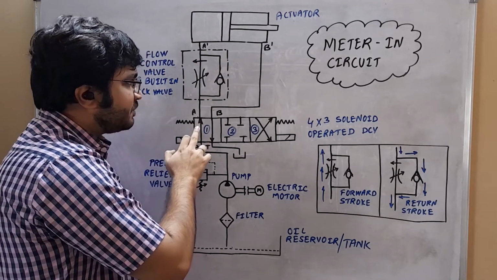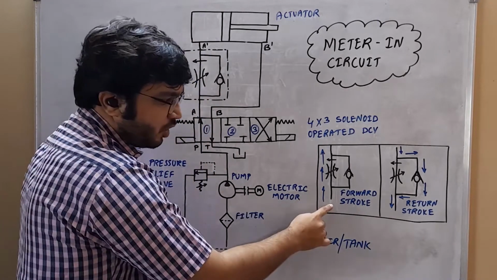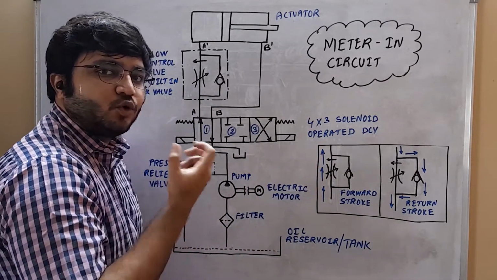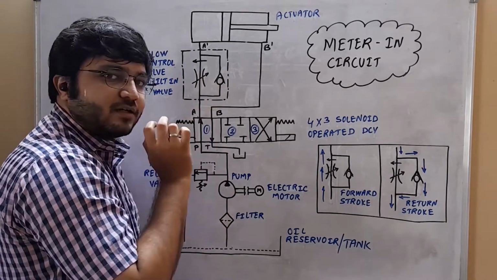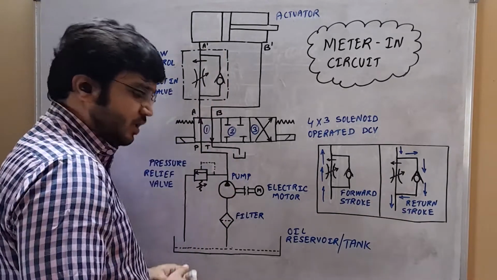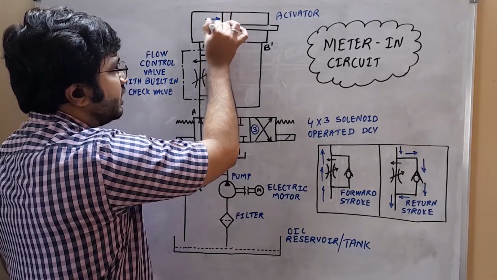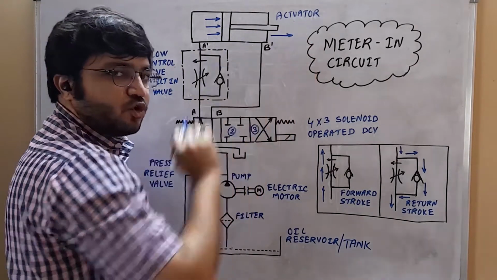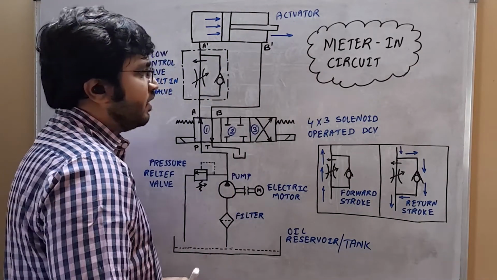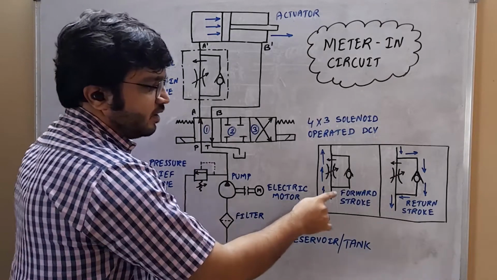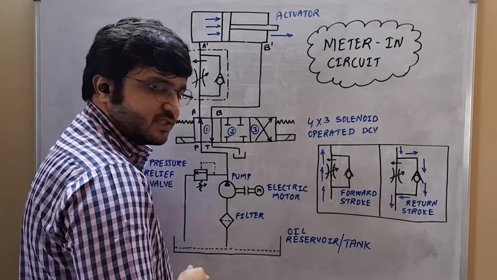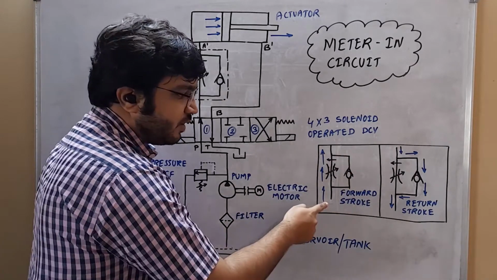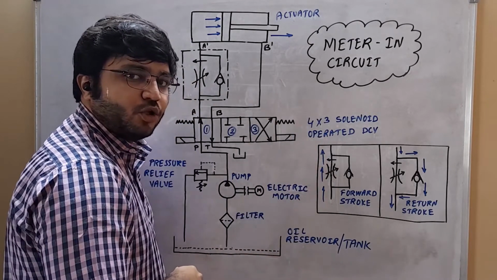Now since the oil is passing through the flow control valve in the forward stroke, as we can see here, its flow rate is going to be brought to its required value, and at such a controlled flow rate it is going to enter the actuator, which will be pushing the piston of the actuator in the right direction, and this is called the forward stroke of the actuator. Now here the oil won't be passing through the check valve, since this passage is going to be blocked by this ball of the check valve. So straightforwardly it is going to pass through the flow control valve.